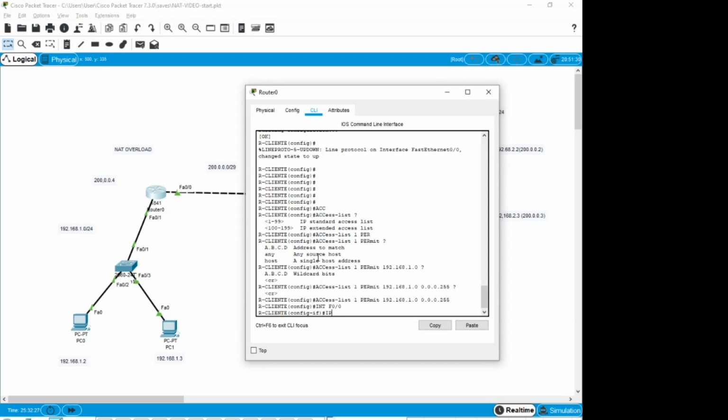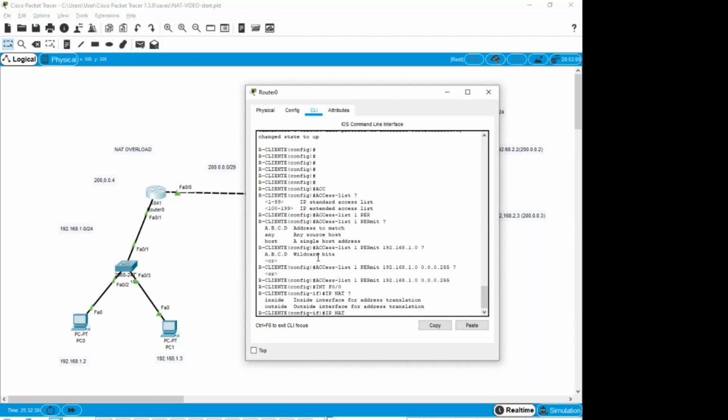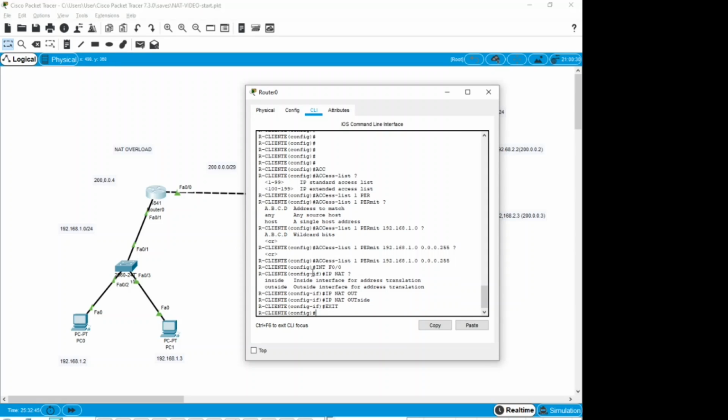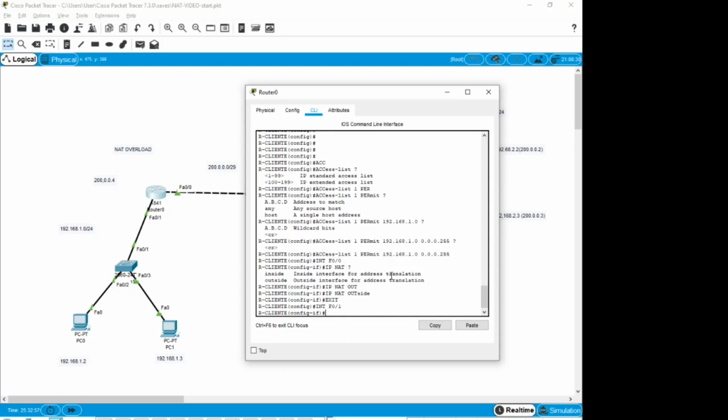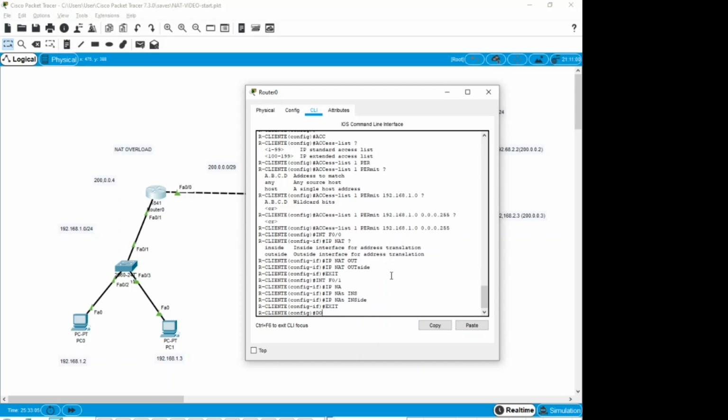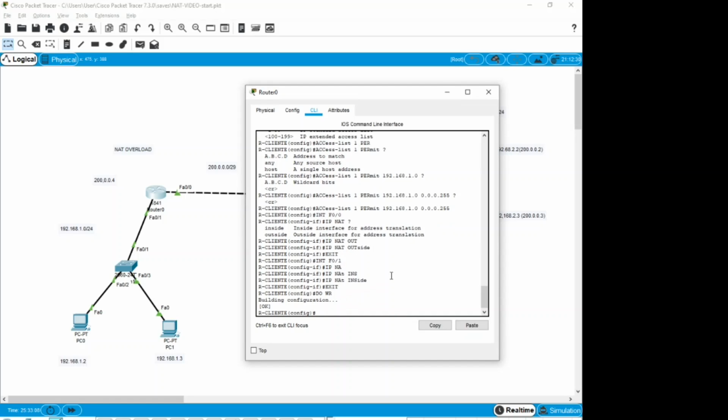This is the outside because it goes to the ISP, so we put the command ip nat outside. And then we go to the interface FastEthernet 0/1 and put the command ip nat inside because it's on the inside. So then we save the data in the NVRAM,